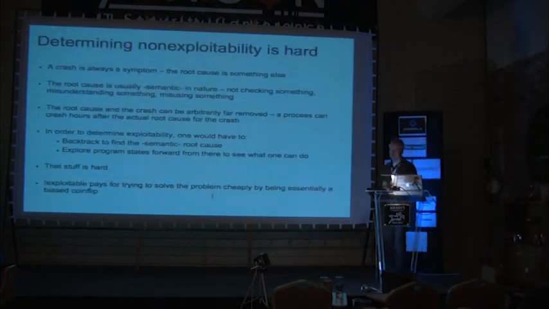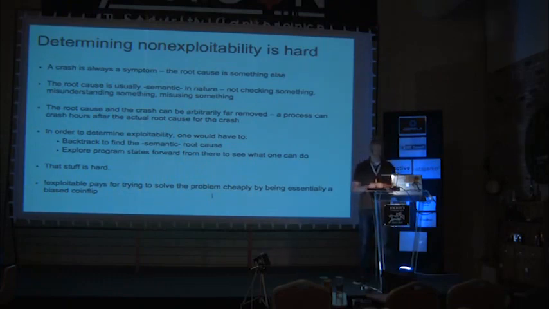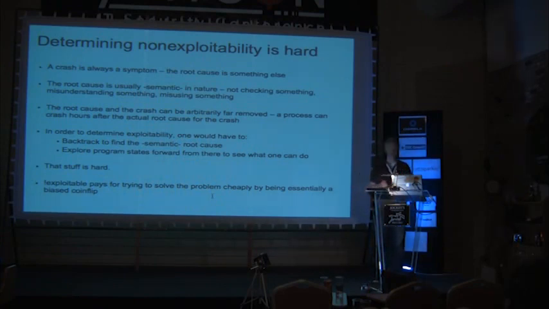Another thing that comes from all the state machine stuff is determining non-exploitability and the hardness of this. A lot of people run into the problem that they start fuzzing, and then they start scaling up fuzzing on a distributed system with a couple hundred computers, and then they end up with all these crashes, and they ask, hey, which crashes are useful and which ones aren't? The trouble is that the crash itself is a symptom. There's always a root cause somewhere in the program, but it can be extremely difficult to find, and it's semantic in nature usually, meaning